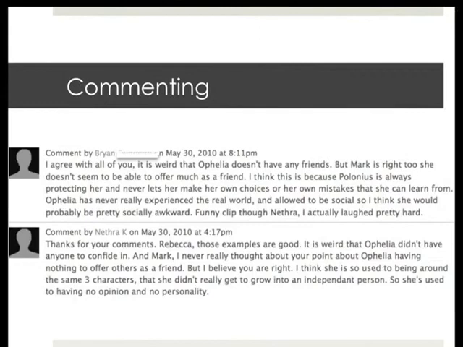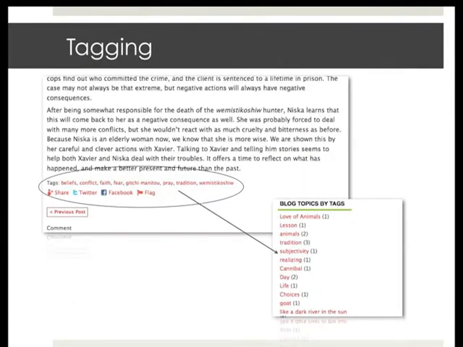One of the other really important parts, and you'll see this in the samples below this video, is commenting. After writing a blog post, my students would read the posts from their peers and then they would comment. We talked about what made a good comment, and how it both acknowledged what the writer had said and somehow extended the conversation. Tagging is also a feature of blogs that really makes this writing form rich. As students write blog posts, they can choose keywords and tag their blog post with those keywords so that students can later on search for those topics.